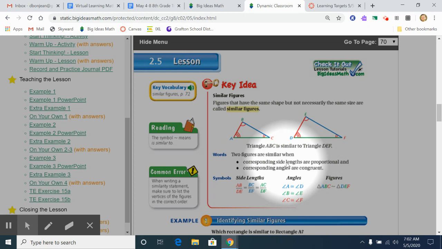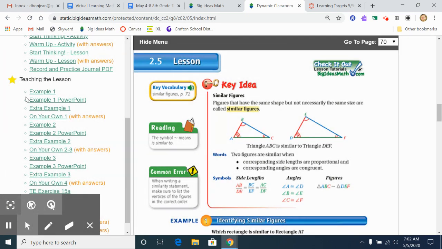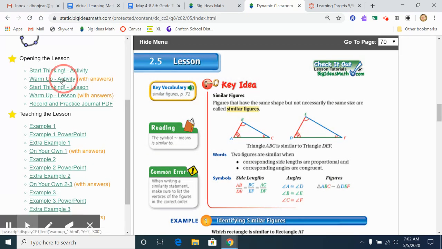congruent. Everything that we've talked about so far in this chapter, we've been talking about congruent figures where their side lengths and their angles are the same. Now we're talking about figures where their angles are the same, but their side lengths might be different. But those side lengths must be proportional, which we've actually talked about in a previous chapter. So let's real quick go over what it means for side lengths to be proportional, or